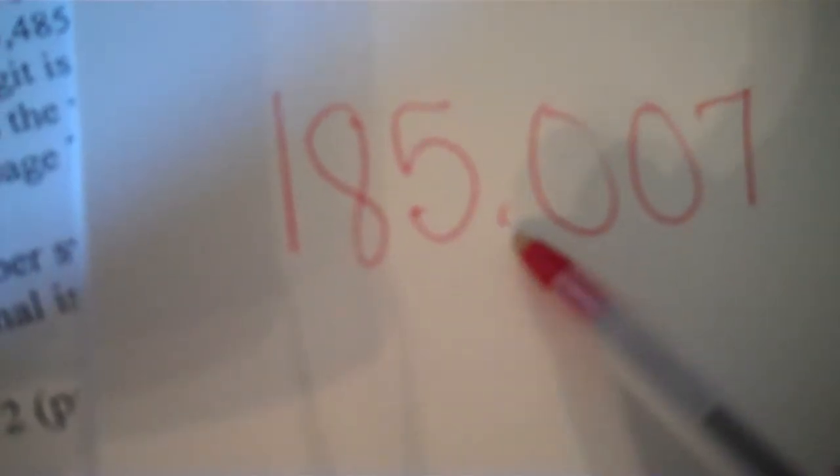On part B, where it said 185.007, when you write this out, you're not actually going to write 185.007. When you're writing the word for it, it would be 185 and 7. Then you look, what place are we in? Tenths, hundredths, thousandths. So it would be 185 and 7 thousandths. That's the number word you would have. Okay,